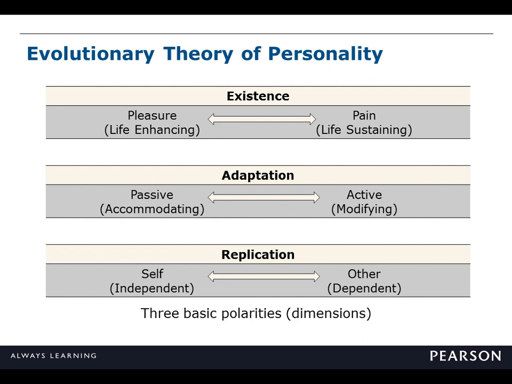We believe that all organisms and all personalities have a drive to exist, rather simple idea, oriented towards either trying to get as much out of life as possible or to try to protect oneself and just remain so that they remain alive without concern particularly for living life, just to be able to continue to exist. When we translate this to the idea of personality, we look at pleasure versus pain as a metaphor for this concept, the idea that somebody might really try to push forward and get as much out of life as possible